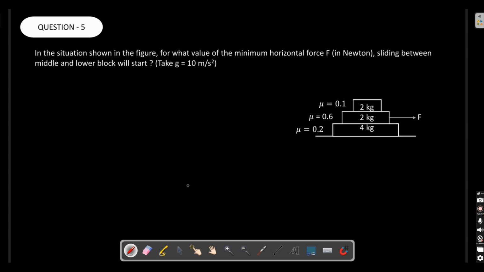Yeah, this is also one of the interesting questions. Whenever there are 3 blocks, the situation becomes a little complex. This question was also asked by one of my students while I was taking a paid batch for advanced. We have launched a paid batch. I guess all of you know that.